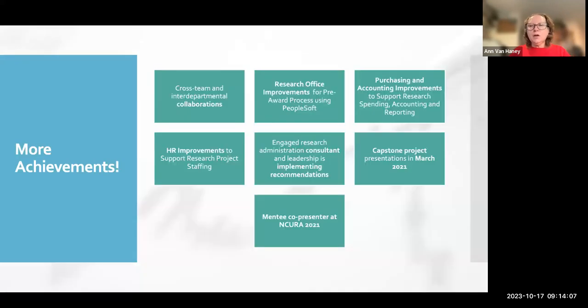So here are some more of our achievements. We had a research office that began using PeopleSoft. Purchasing and accounting had improvements so that they were able to support what grants needed for their purchases. The HR department made some radical changes so that it could hire people in real time to work on grant-funded